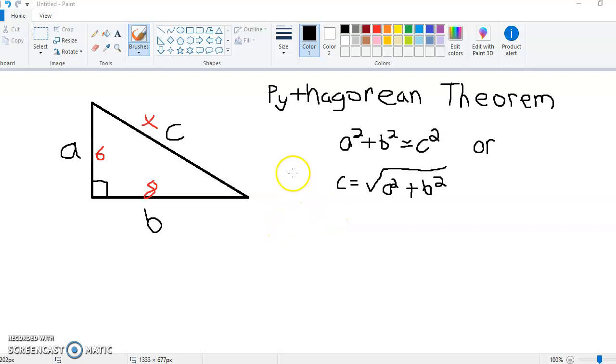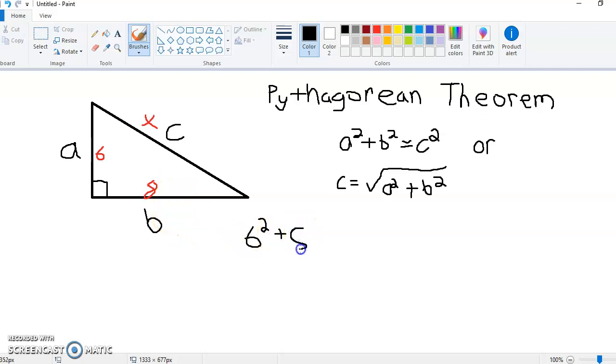Okay, class, today we're going to discuss Pythagorean's theorem, which states that a squared plus b squared equals c squared as long as a and b are the lengths of the legs and c is the hypotenuse. So for this example, if we're trying to find x, the hypotenuse, we can say that 6 is a squared, plus b equals 8,